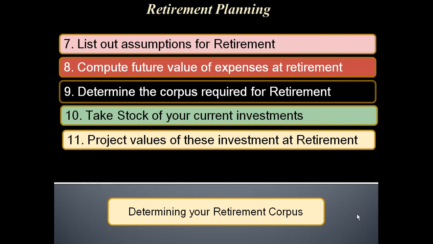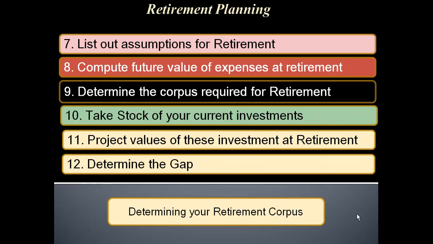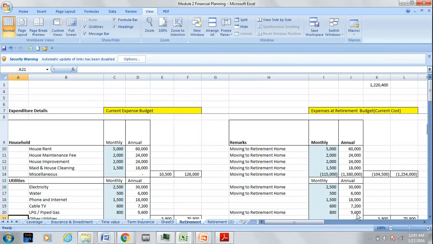The projected value of your current investment at the retirement less the corpus that you have determined for retirement in point number 9 would give you the gap that needs to be addressed on an urgent basis. We shall now go to the Excel and see how each of these 12 steps that we have listed are executed,